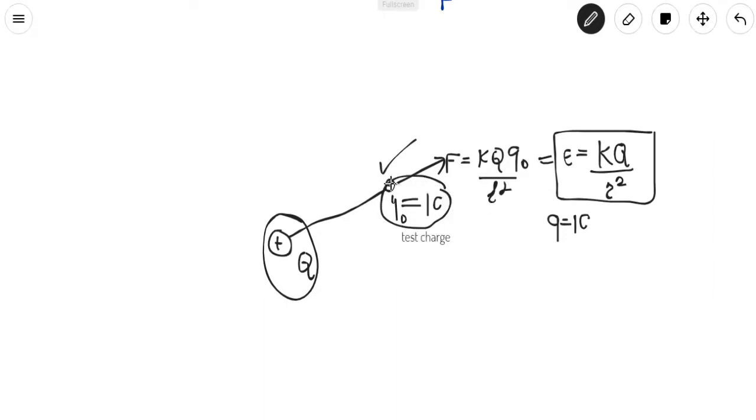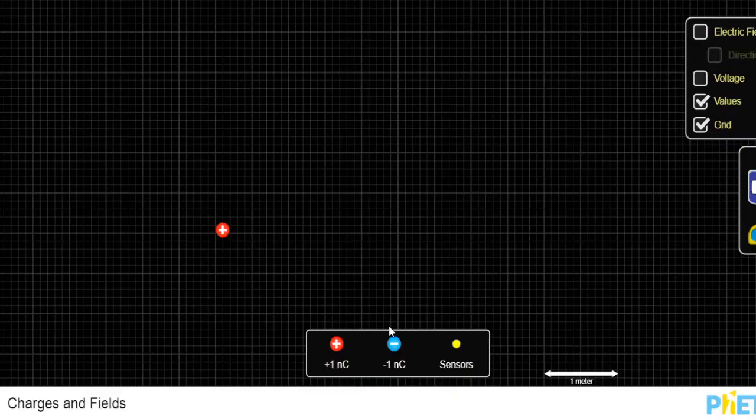If we place that charge at that assumed point, the positive q will provide a force on this charge, in particular in this direction. So see here, I take a unit positive charge. This is the unit positive charge. So we will place it at the point where we want to find the electric field. So you see here is the direction of the force. That force is called the electric field.